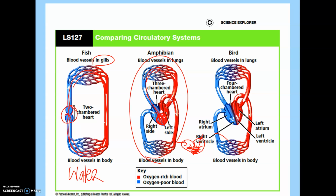It comes back to the heart, goes back to that ventricle on the other side. Again, it mixes a little bit, and then it goes to the body. So this is like a double pump, because it's not sending the blood to the lungs and the body. It's just sending the blood either one place or the other. So it doesn't have to travel as far. That's reptiles and also amphibians. Birds and mammals